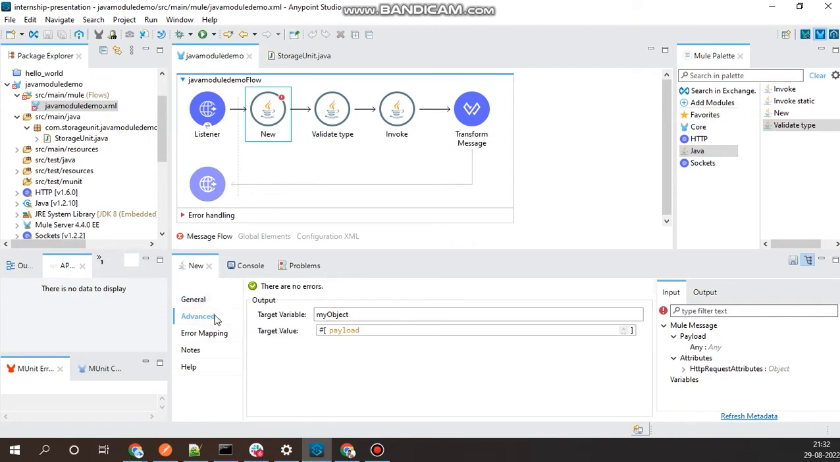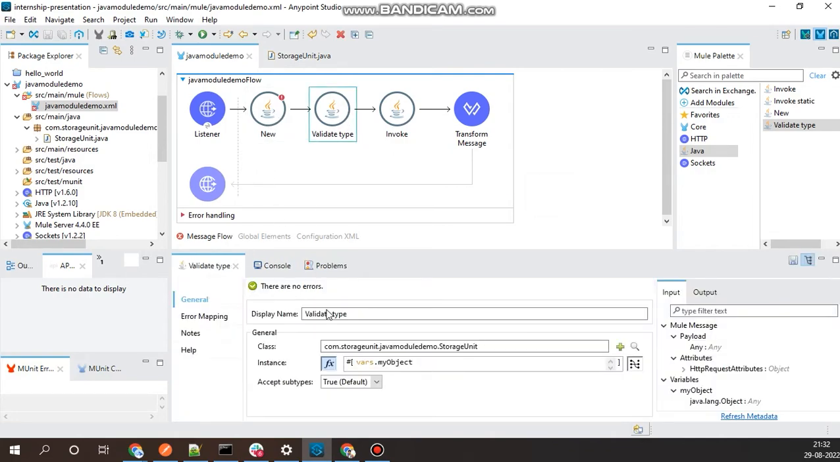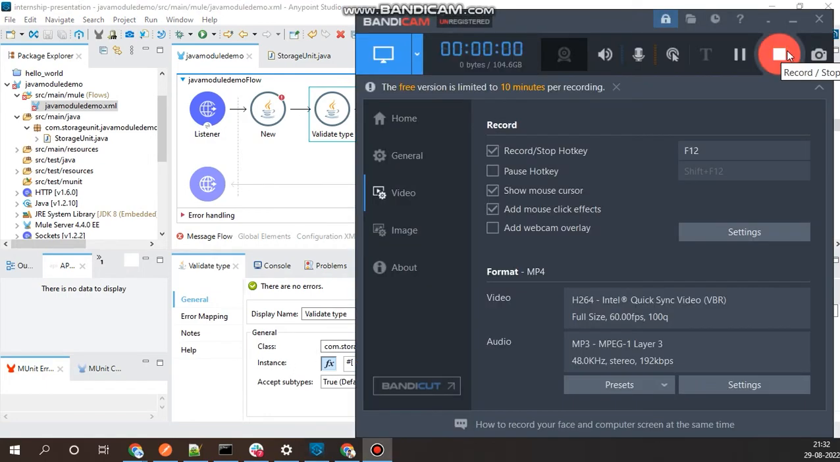In the advanced section of new, the target variable wherein we are storing is known as my object, and the value which we will be passing there is the entire payload which we have. So do remember the target variable's name which you assign. Then once the target variable is being assigned to a new instance,